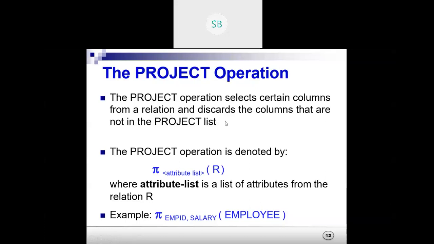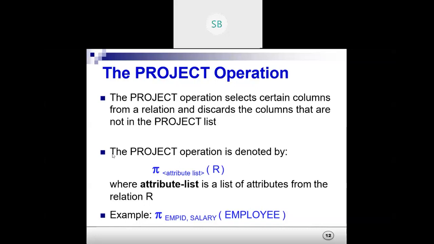The project operation selects certain columns from a relation and discards the columns that are not in the project list. Similarly, in select we keep those rows that satisfy the condition and filter out the rest. In project, we keep those columns that meet the condition, and the other columns are filtered out.